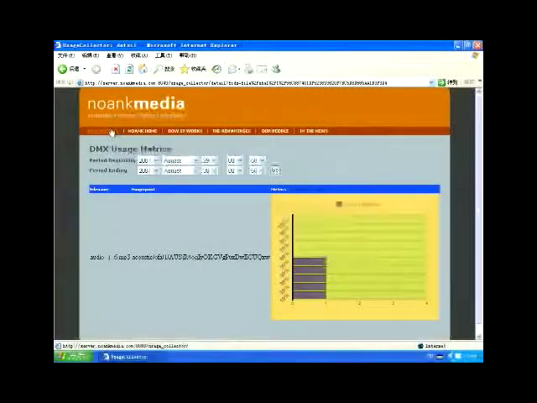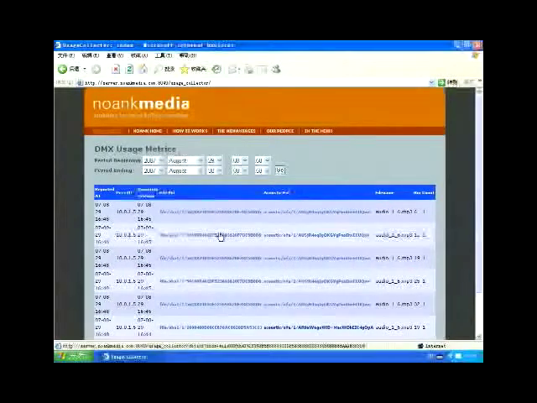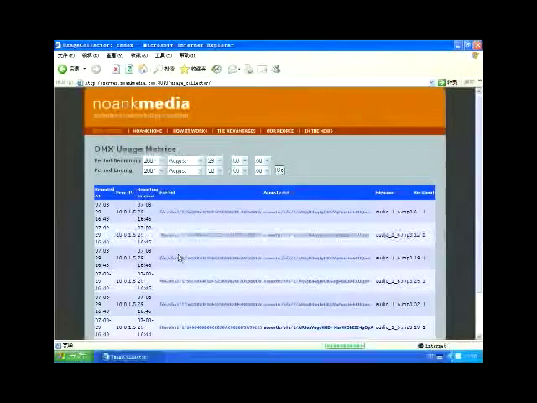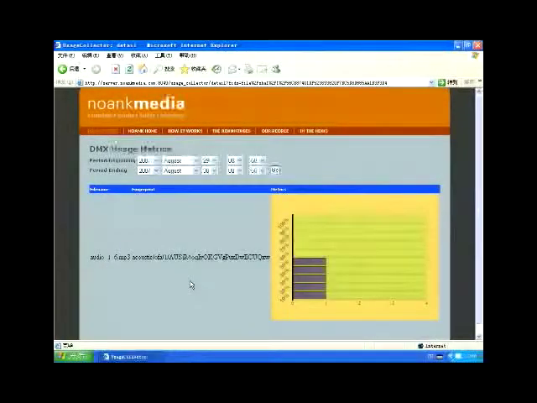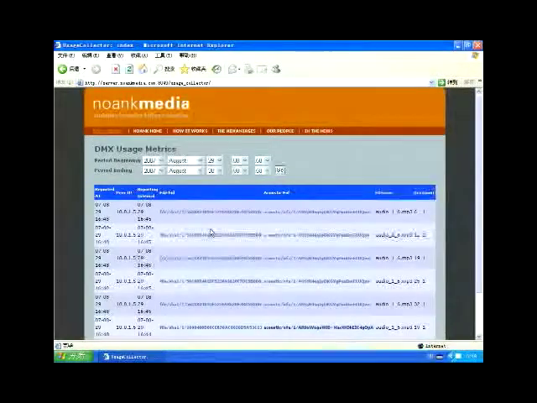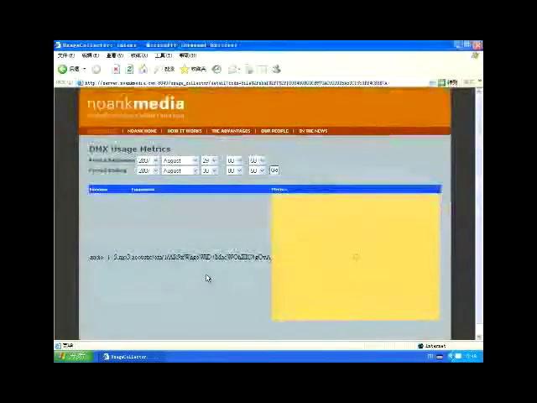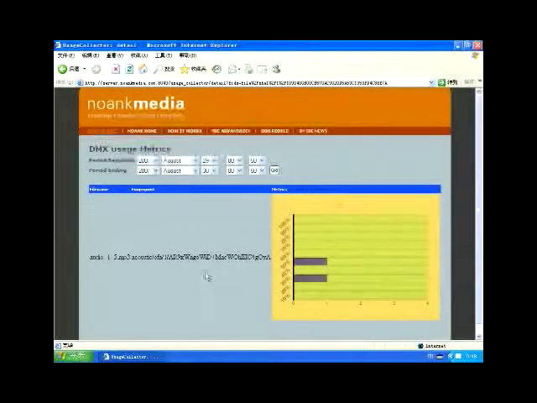But another huge benefit of collecting this data is that it's really revolutionary from the content owner's perspective in terms of understanding how their content is being used, where it's being used geographically, whether people are turning off a film or a song after a certain period of time, say after the introduction, or in the case of a song, after the first 30 seconds or the first chorus.